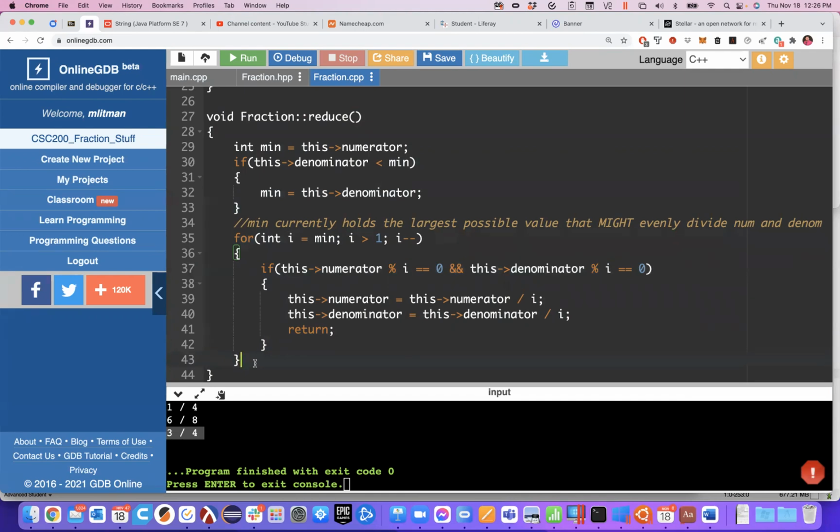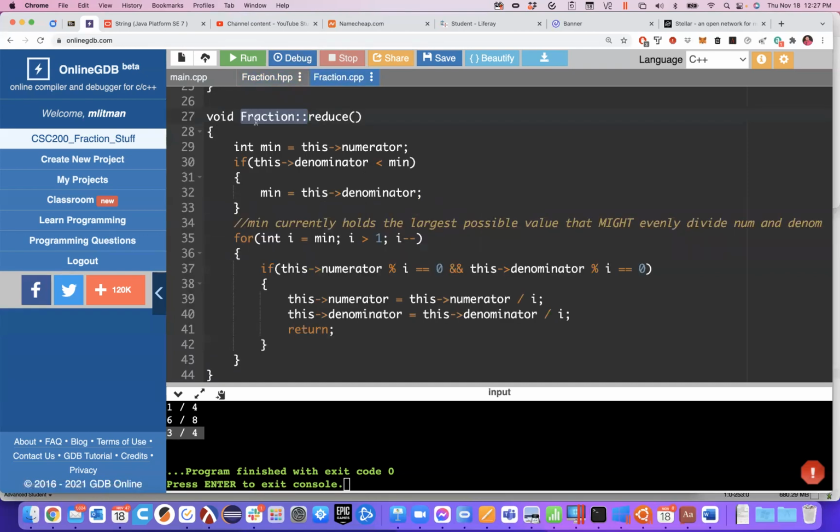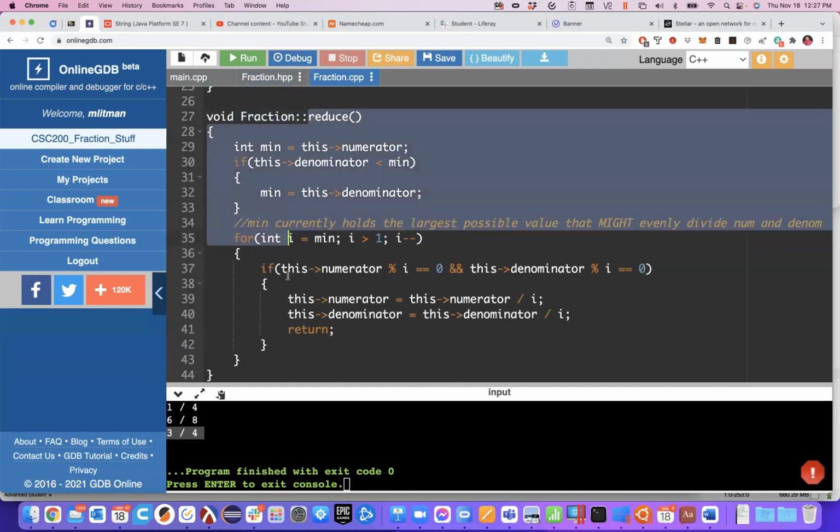Go ahead. What is the double colon? This, well, so I think for our intents and purposes here, the double colon will always follow the name of the class that you're implementing. And what it does is it links this reduce to this prototype for reduce. It connects those two guys together. And that would never be in the main. No, because what it's doing is allowing us to do this instead of